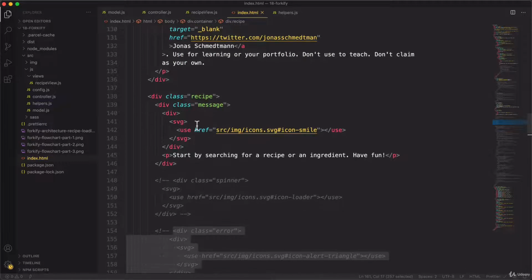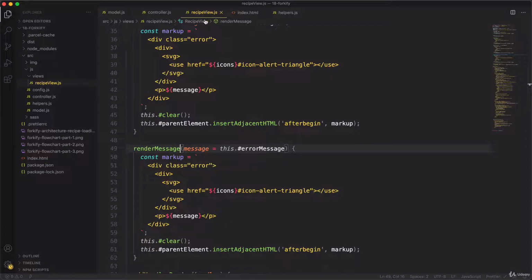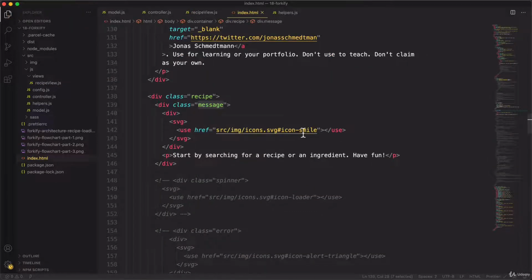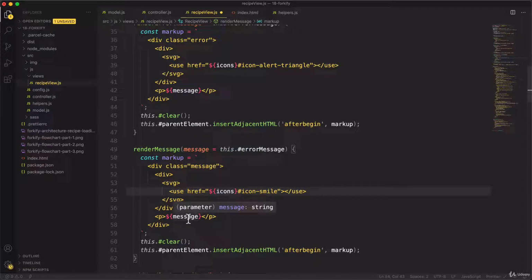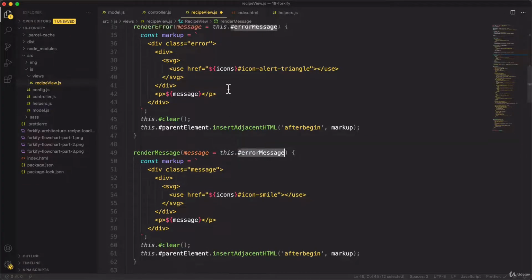And actually, it's this default. So this is actually the one that we will use. So it has the class of message, but then the rest of the code is actually the same. So message, and actually not the same. So the icon is also different. So here it's icon smile. So instead of the alert, it is a smile. And then here we will want some kind of message again. And so here let's now create